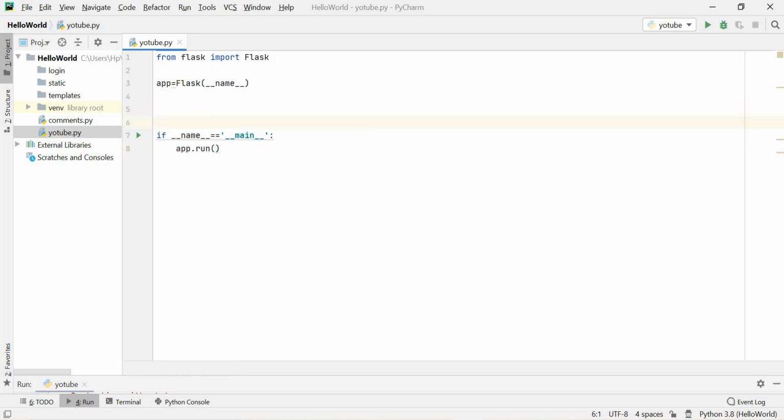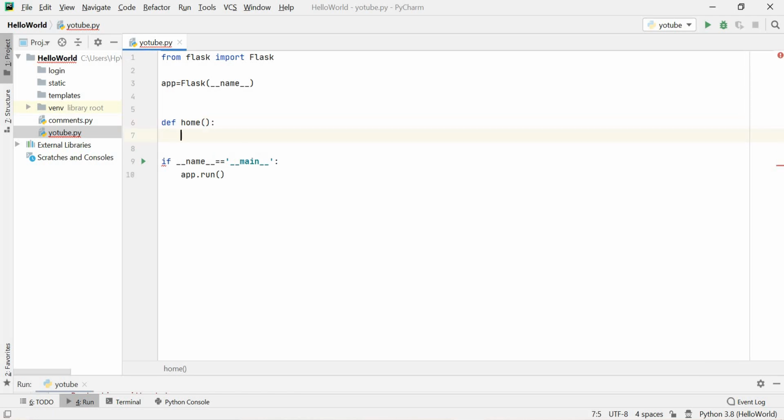Okay, then in our web application, whatever pages are in it, we need to define here. So we will define that code here. Def, I will write home page. My first page is the home page. If you know about user defined functions, I have covered one lecture on user defined functions. Please go and check it so that you will get a better idea of how user defined functions work. So we will define one function over here, that is home.